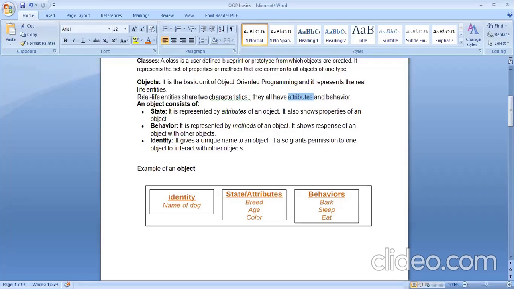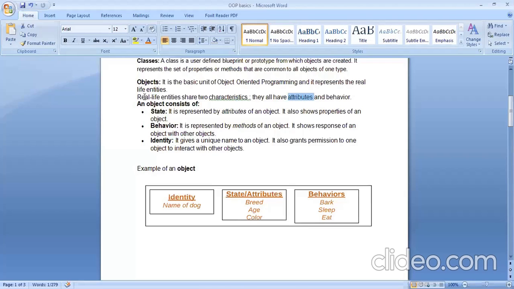Now talking about similar types of objects. Similar types of objects means you and I. That means I'm talking about the same class of objects. Same class means we belong to the same family, human beings. You are also a human being, I am also a human being. Whatever properties I have, you also have, but the values will be different. I have name, age, complexion, blood group, phone number, address. You also have those attributes. However, the values for my attributes will be different, and your values will be different.